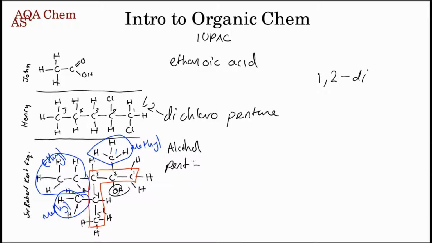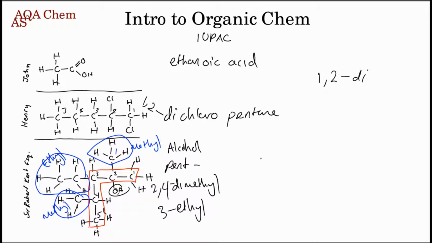So from that, we know that there are 2 methyls, so remember, dimethyl, and 1 ethyl, which is just ethyl, simply enough. But now we need the positions, because you see here how we have 1,2-dichloropentane. We need the positions for the methyls and the ethyls like we did for the chlorines. The methyl here is on carbon 2, so there's a 2. And the methyl here is on carbon 4, so there's a 4. 2,4-dimethyl. The ethyl is on carbon 3, so there's a 3-ethyl.